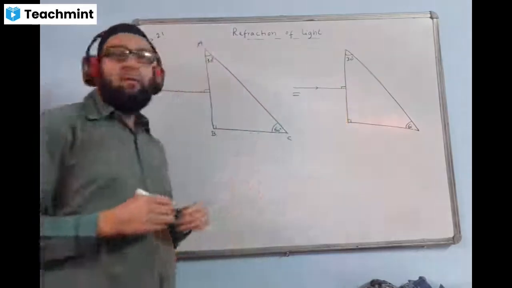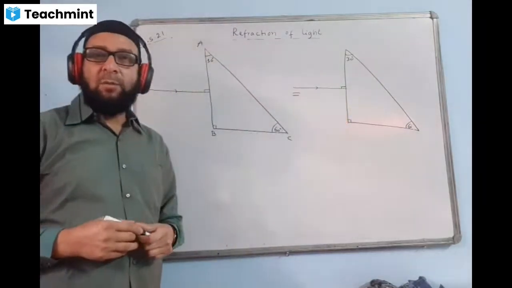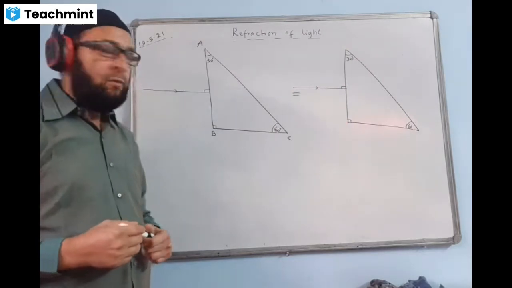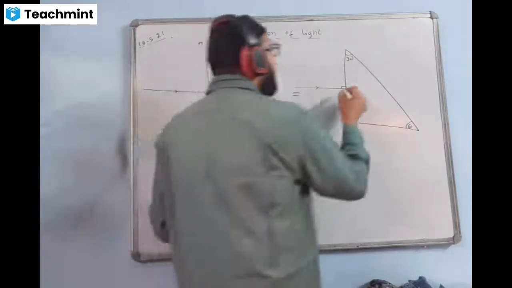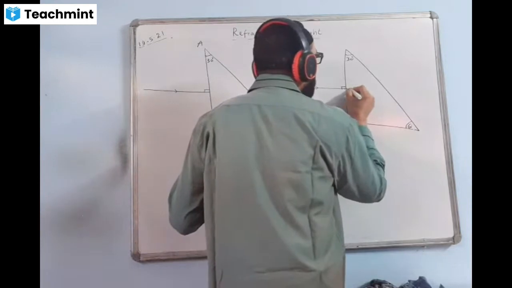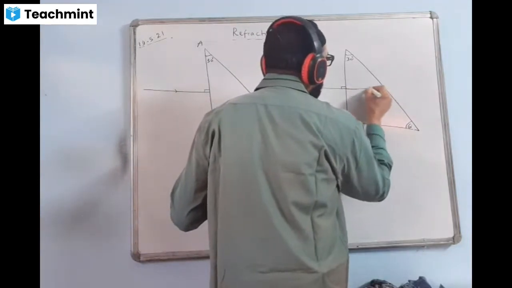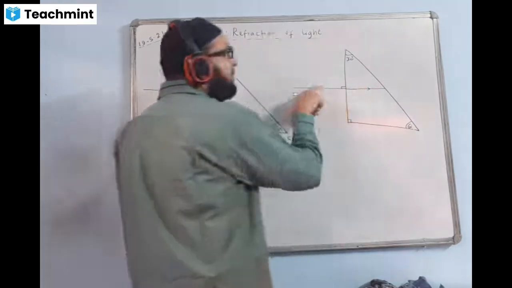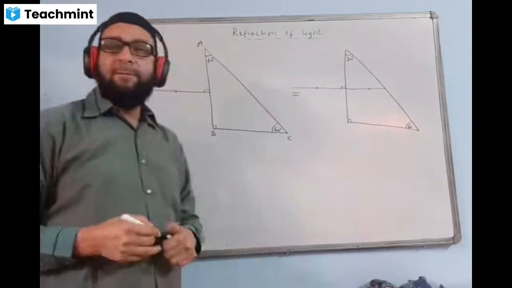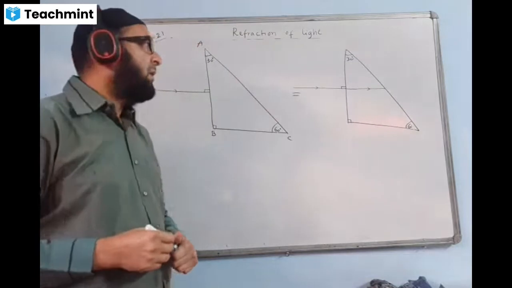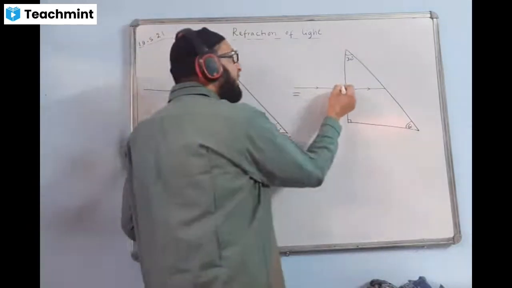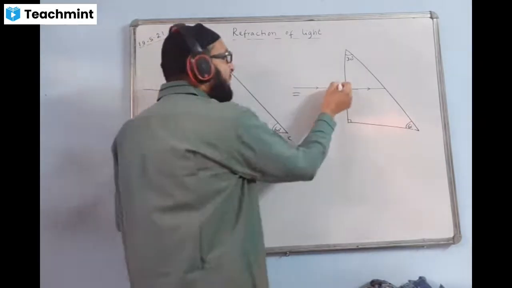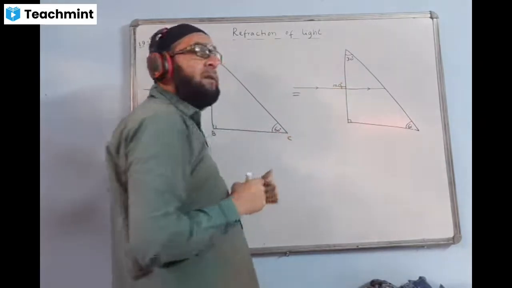Tell me, when the ray of light passes the surface normally, what happens to it? No refraction, it will go straight. Yes, very good. If it passes normally, it will go straight without bending. How much is the value of I or theta? What is the value of I? 0 degree. Very good. Not 90 degree. Never say 90 degree.